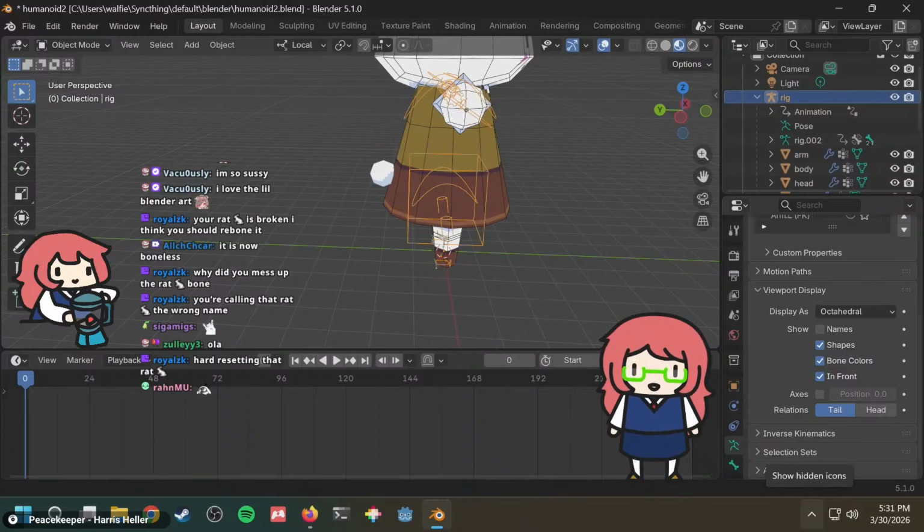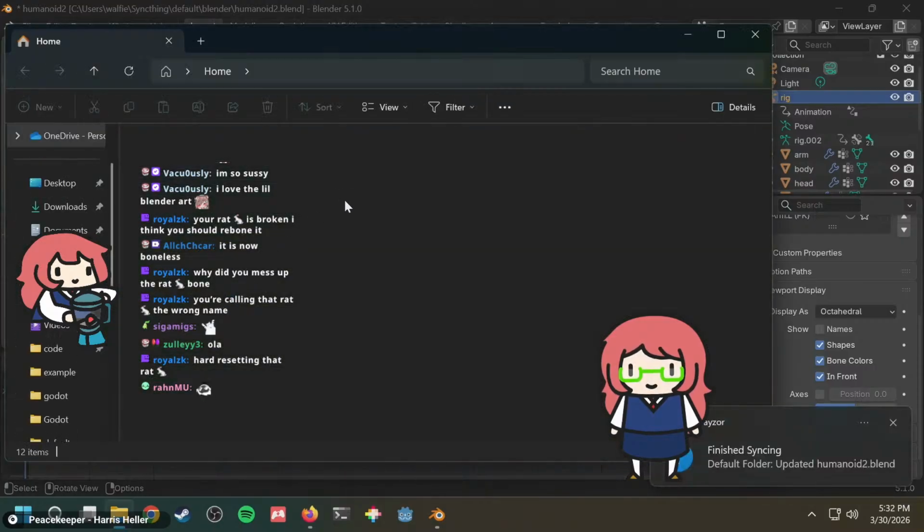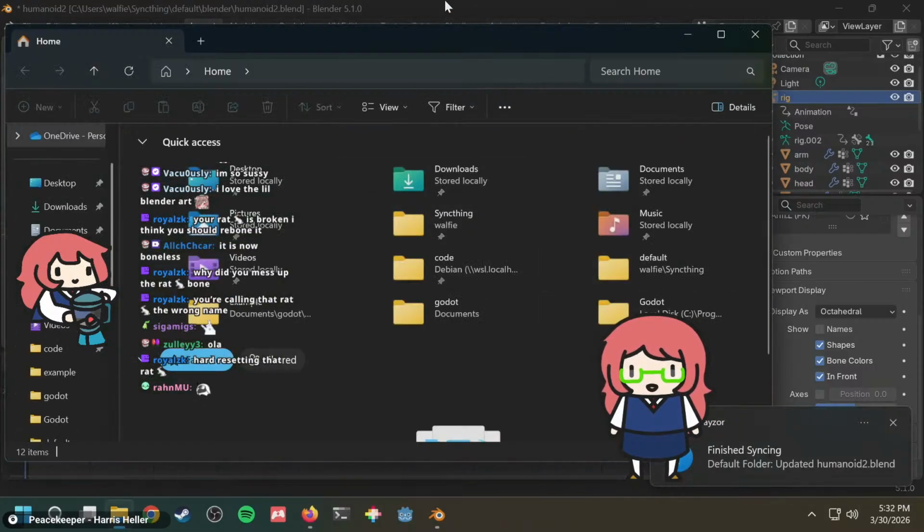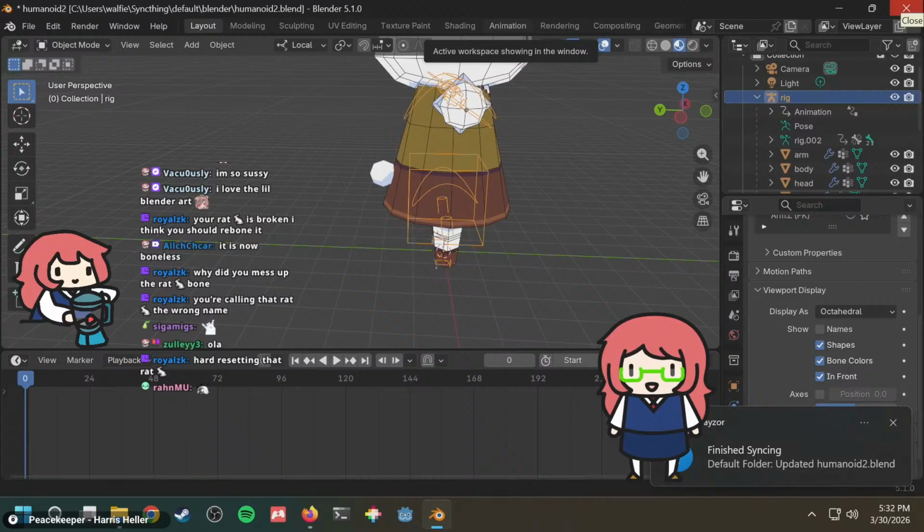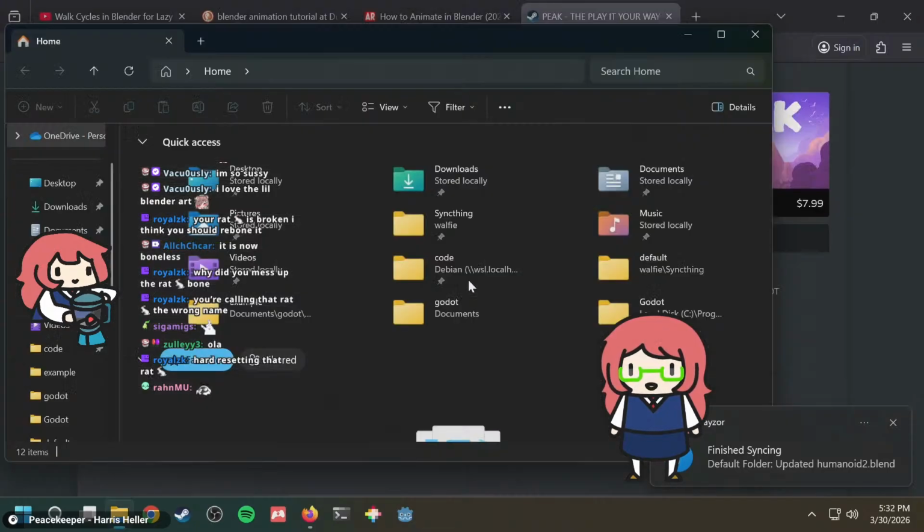I restored the Blender file. Location you're restoring to already contains a thing with the same name. Are you sure you want to restore? Yes, I would like to restore. I'd like to replace my current file. Okay, it's been restored. And then it's probably going to say there's a conflict loading the file, and then I have to fix some stuff. No, it just synchronized. Okay, it turns out it synchronized correctly. All right, let's not save.